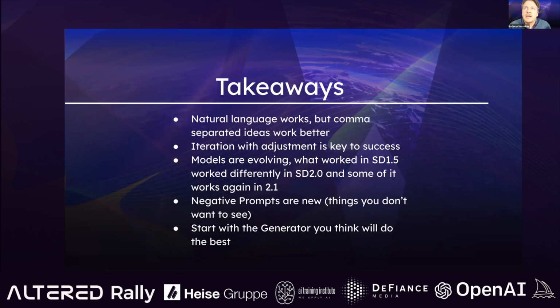Iteration, again, I think Michael was talking about this. So you might get what you like on the first bat, but you almost certainly aren't. You're going to get something close, and then you're going to say, okay, what can I take away from this prompt? What can I add? And then with Stable Diffusion 2.0 and 2.1, we have negative prompts, and they're also going to show up in the other generators, I'm pretty sure. I think that they are also now capable in Midjourney. I think there's a way to do them, but I have to do a little bit more research